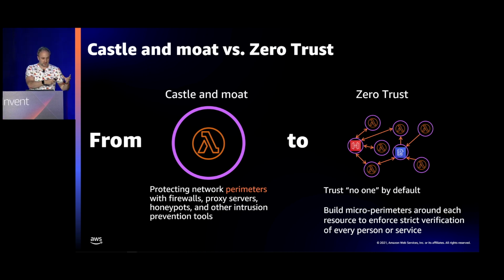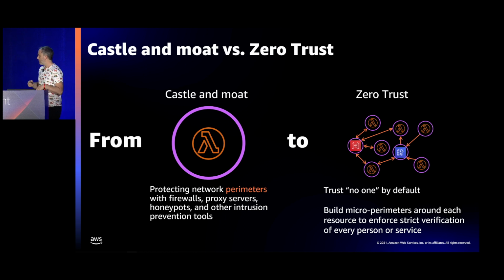So traditional applications are based more on this kind of castle and moat security model, where you build one big perimeter around your application. And if I'd used the synchronous version of my translation app, it would be similar to this, right? Because I have one Lambda function doing everything. One big perimeter around the whole application.